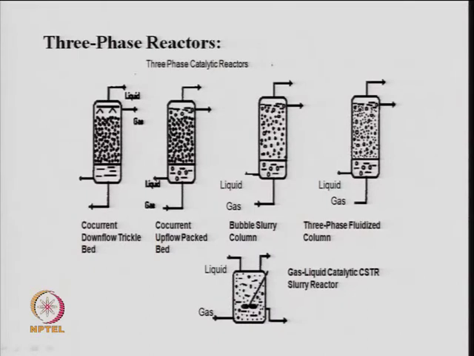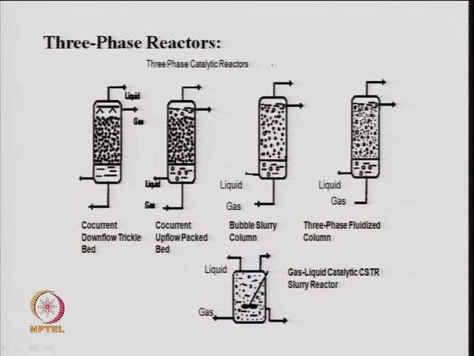So, distributor design itself is a complicated job, and one needs to identify a good kind of distributor, the number of holes required, and the diameter of those holes, to avoid maldistribution inside the reactor. Different kinds of distributors are available, and then you need to decide how to place the catalyst, so packing; inert may also be kept along with the catalyst.